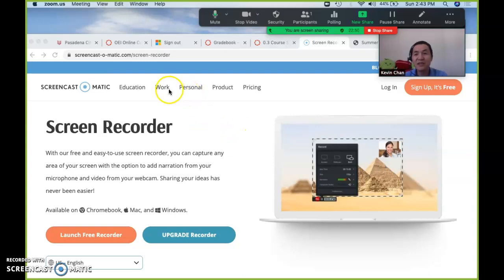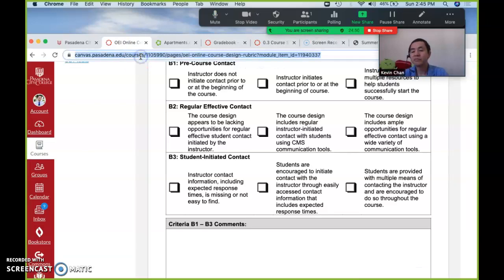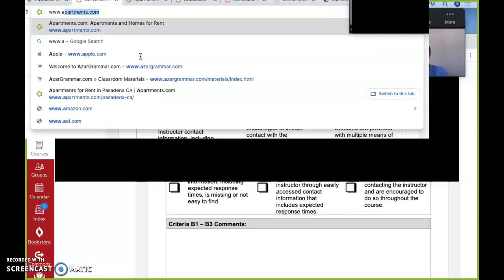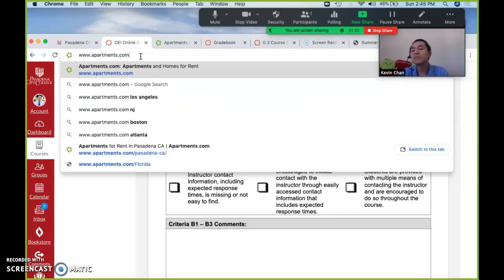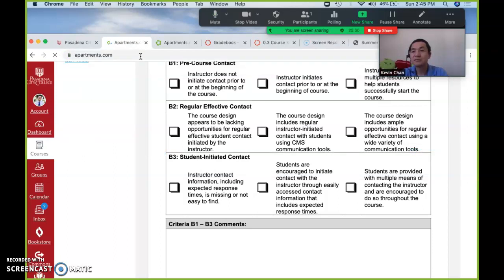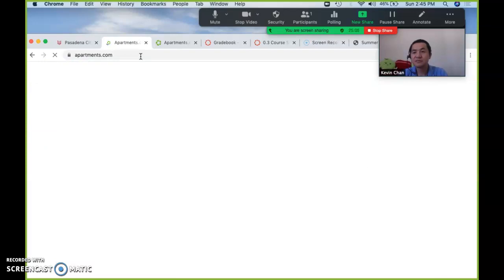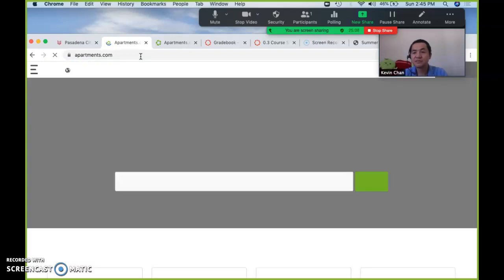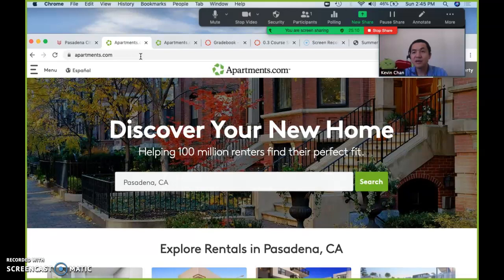To access this website using Internet Explorer or a browser of your choice, type in www.apartments.com and click enter. This will take you to the site.